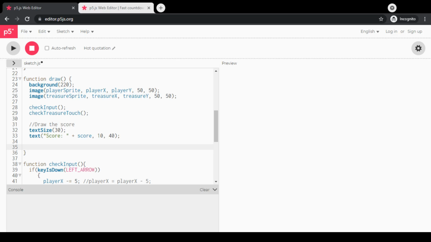And I'm going to put this at the end after I do all of my score stuff. All right, so what I'm going to do is update the number of ticks. Ticks plus equals 1. So every time the draw function is called, I'm going to increase the number of ticks by 1. And then I'm going to have